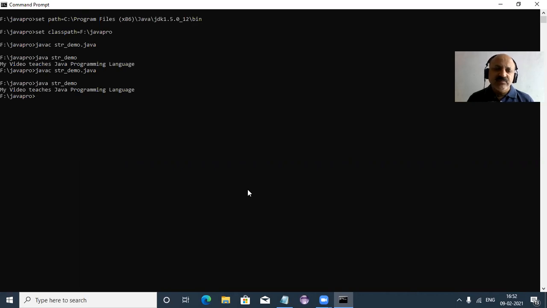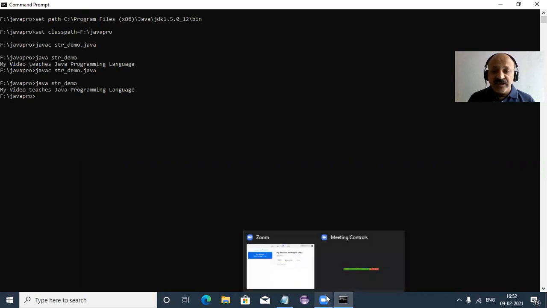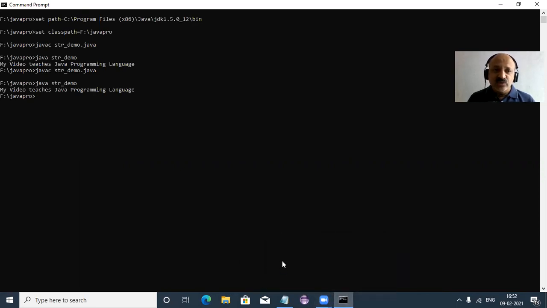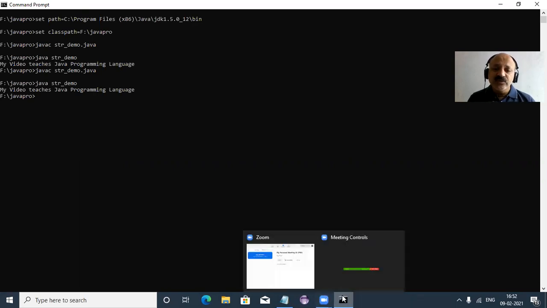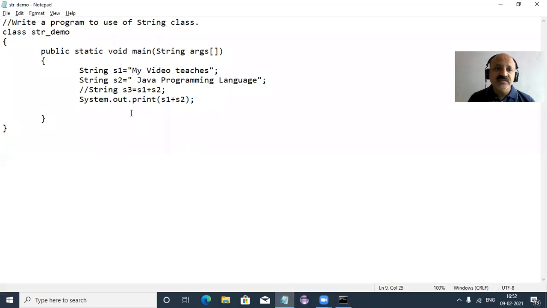So the goal of this session is the String class, which is very useful. There are many methods, like the equals method. The String class is very useful in Java programming. Here I just showed you how to concatenate two strings directly, without the strcpy string handling function we use in C and C++.